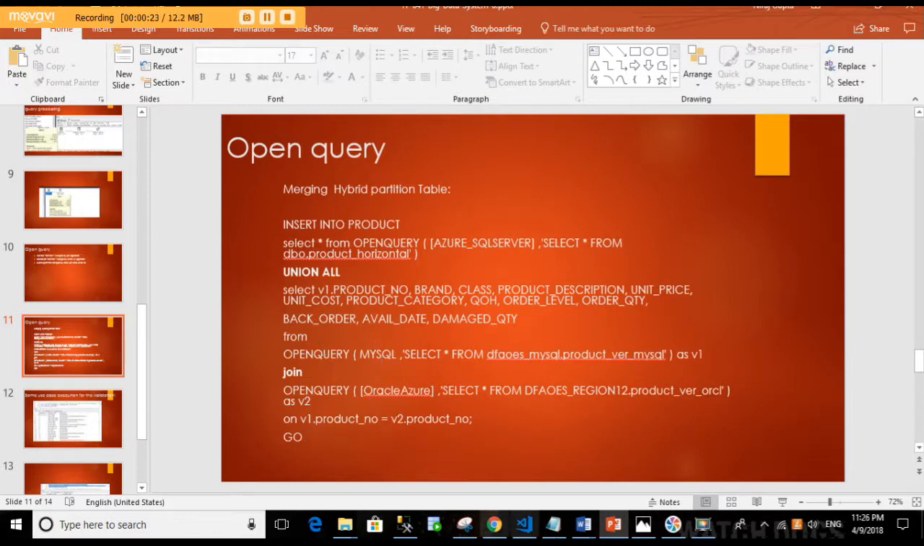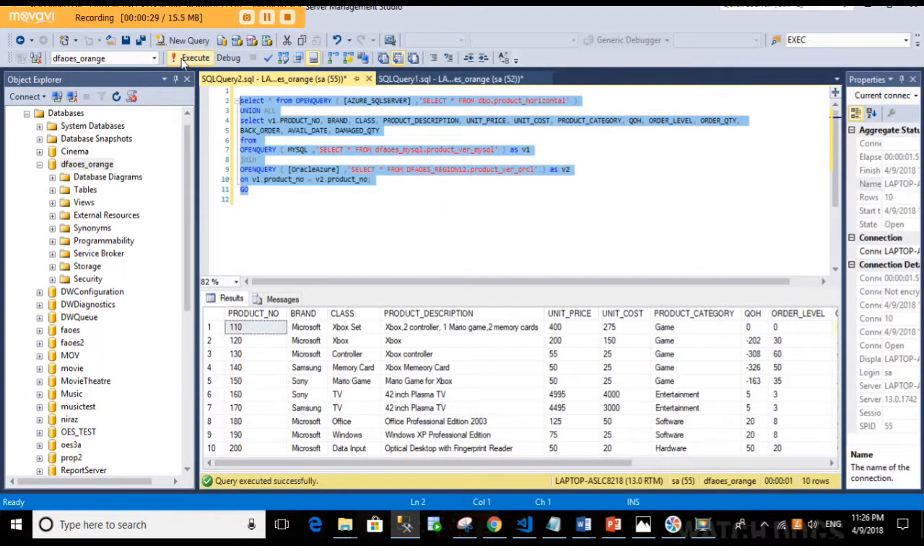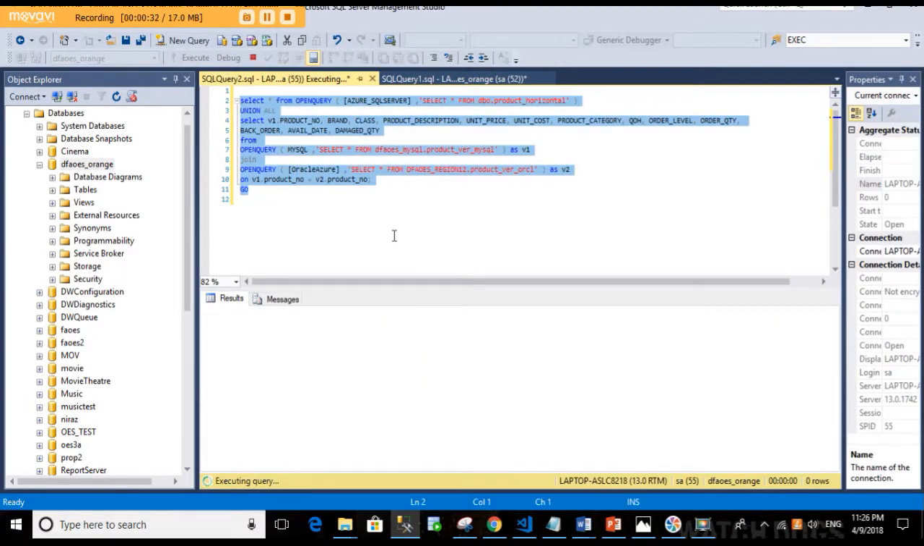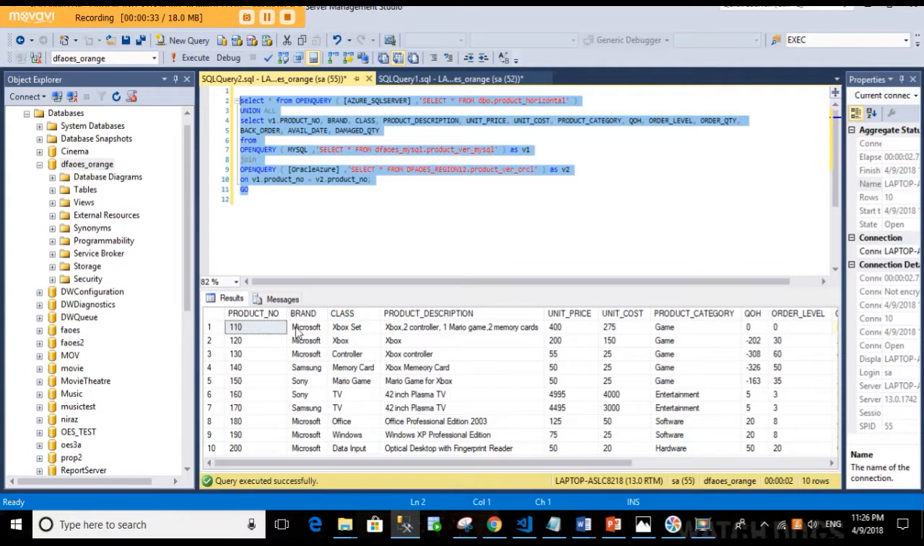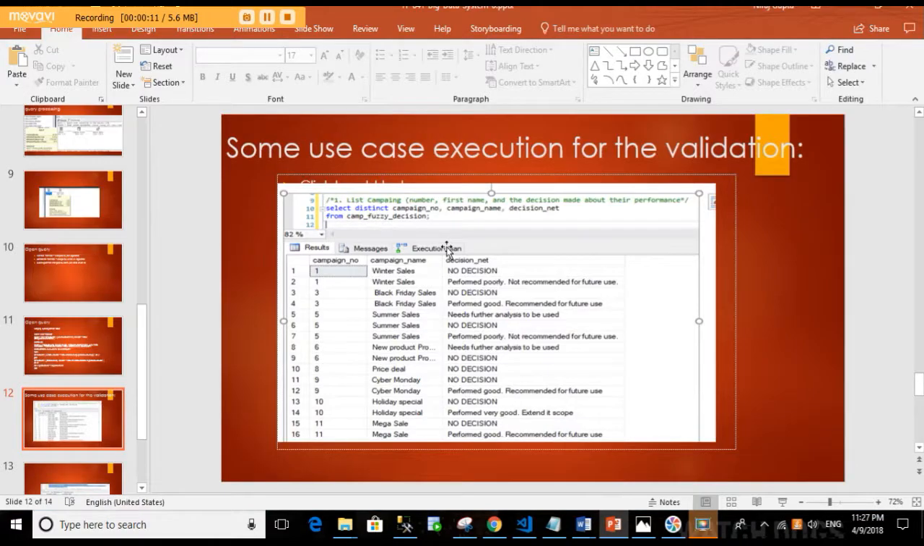So we are going to run this query. This is the same query, execute. Thus we are able to get the result of the query using open query from Azure SQL Server, Oracle Cloud, and MySQL. This proves that we are able to fetch the data from the distributed environment in the local schema using open query. The fuzzy has been successfully implemented in the distributed environment, and here we have some use cases we ran,